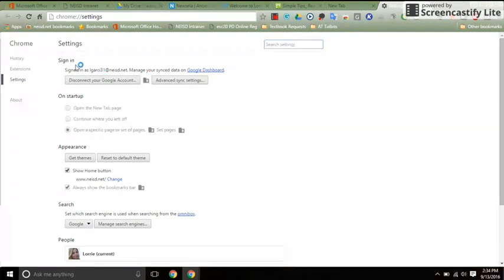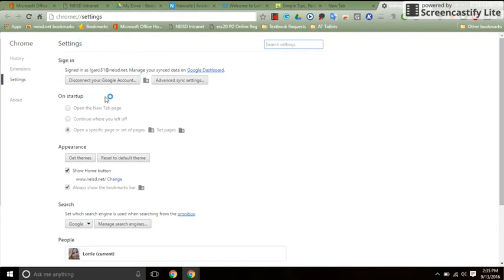You should always link the data on your account because that will sync all of your bookmarks, extensions, and any other information that will make the browsing experience simpler with Google Chrome. And once you connect to your Google account, it will ask you if you want to link that data. If you do not know your password, I cannot help you. The only option you have there is to contact the NEISD help desk through the intranet link or to call them. Now, if you are already signed into the Google Chrome browser, as I am,